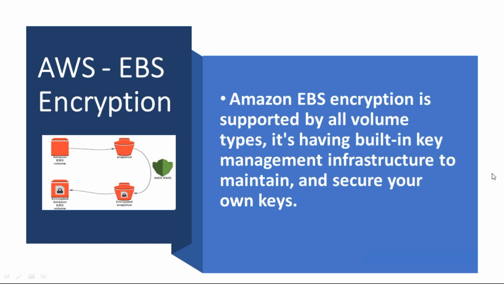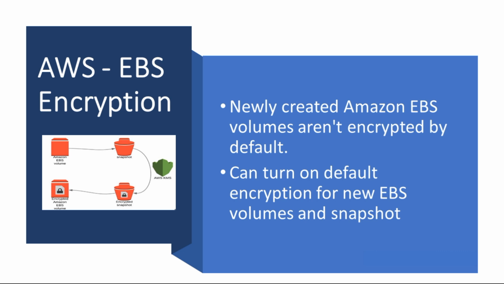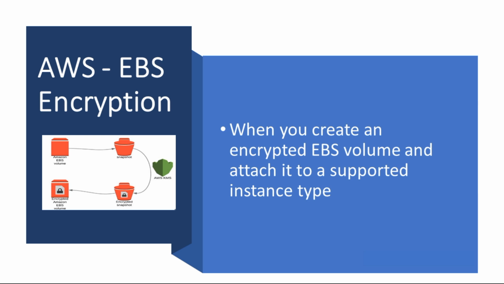Amazon EBS encryption is supported by all volume types. You don't have to worry about managing keys to perform encryption. It's all managed and implemented by EBS. Newly created Amazon EBS volumes are not encrypted by default. However, you can turn on default encryption for new EBS volumes and snapshot copies that are created within a specified region. When you create an encrypted EBS volume and attach it to a supported instance type, the following types of